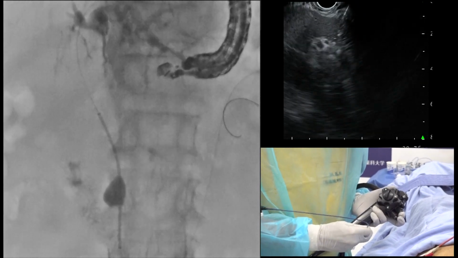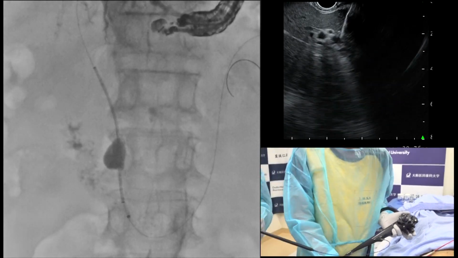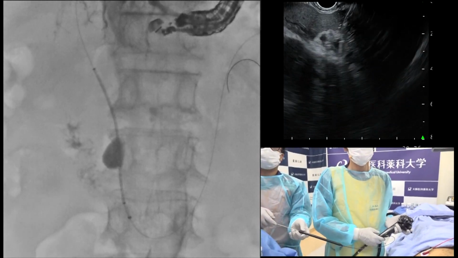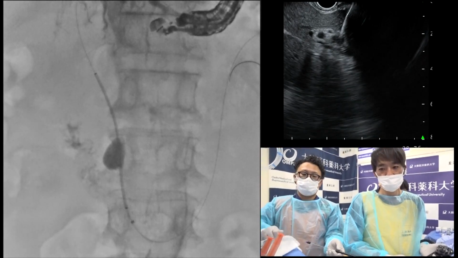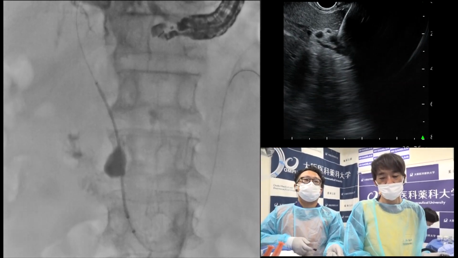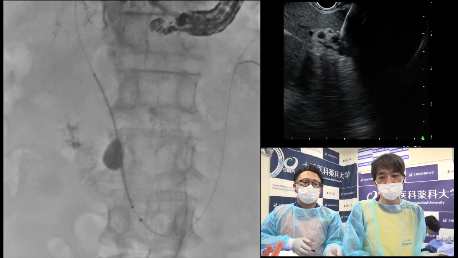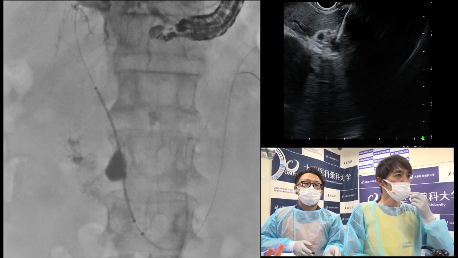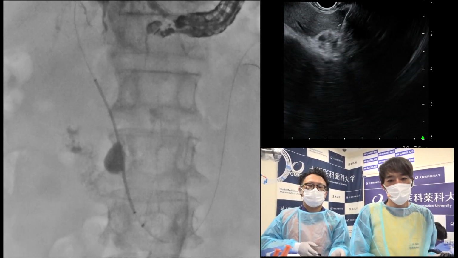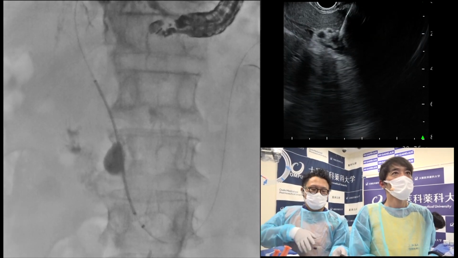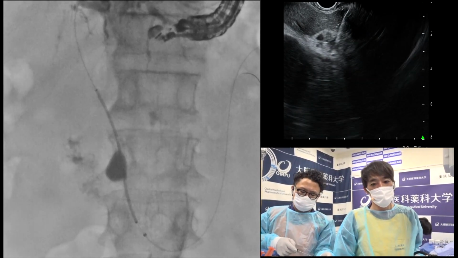In this patient with a suspected duodenal obstruction, however, we need to see if CDS is possible or not. In some patients where the duodenum is very thickened, CDS may not be possible. In this situation, the comparison is between CDS versus HGS. I think Ogura Sensei has done a study comparing CDS versus HGS in the past, and he showed that CDS was